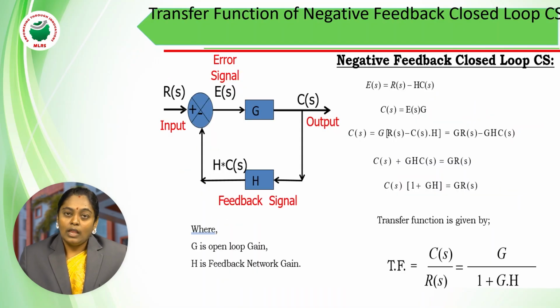Now coming to that, as I told you, these closed loop control systems are also classified into two different ways. One is a positive feedback closed loop control system, and a negative feedback control system. Now let me assume that the first case is a negative feedback closed loop control system. So here the only difference between positive feedback and negative feedback is this error signal value. As I told you, it consists of 6 things.